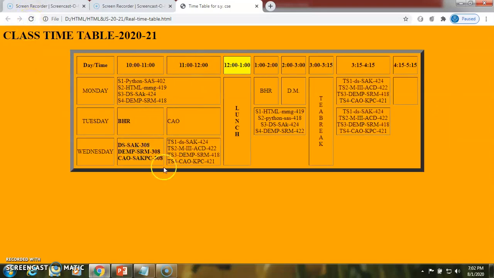So this is the third row we have added. In this way we can continue the table by adding rows one by one according to the slot.